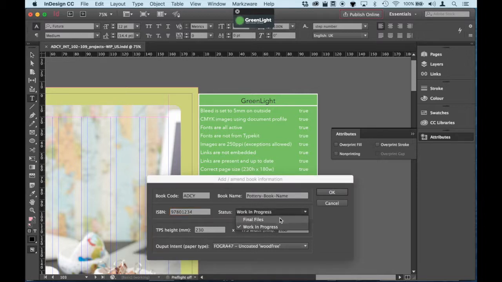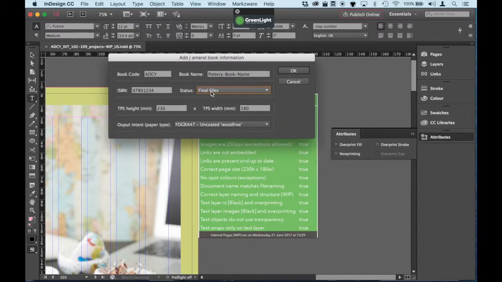And it stays with the document, and I'll show you in a moment, you can add book info across a whole folder of documents. So there are some selections here. What I just changed was the status, to say, okay, I've been working on this, and now it's ready to archive and to output. It's a final file. So if the status is changed to final files, that will actually make a difference to